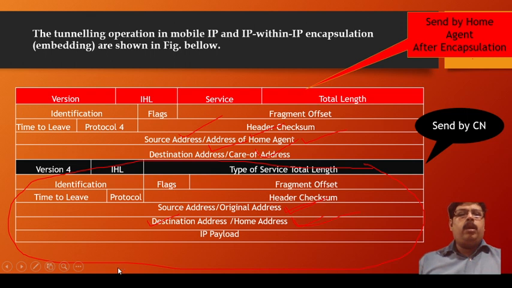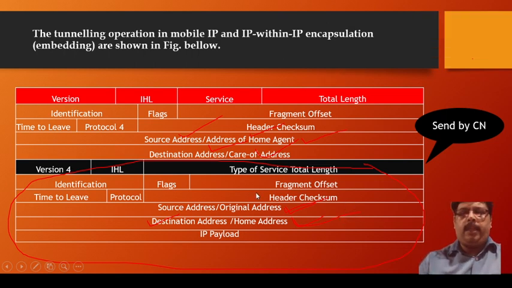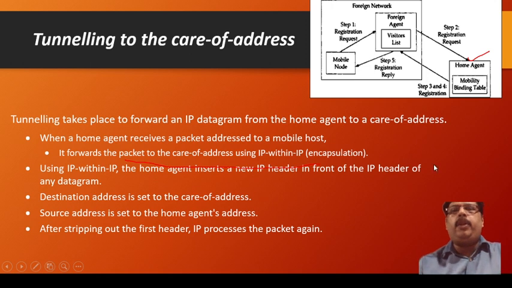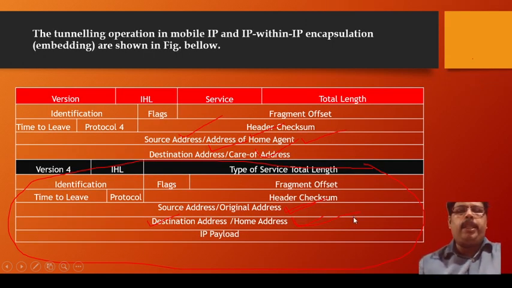now the home agent, what it is doing is, I have taken this diagram because this particular diagram is not there in this paneling. For your reference I have kept it. When it reaches the home agent, the lower part, what you see, will be the source address, which is the original address from where it is sent. The destination address is the home address, that is the address of the mobile node, and it is encapsulated and sent.